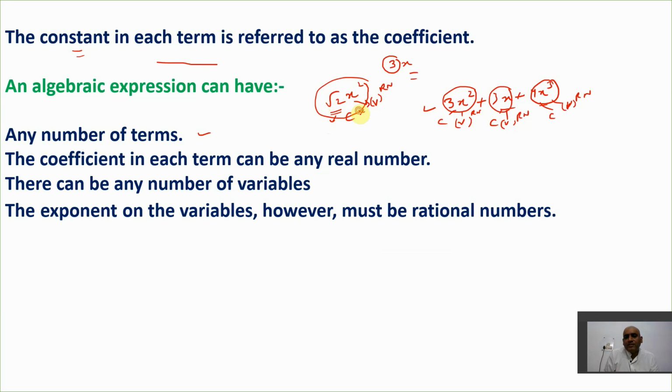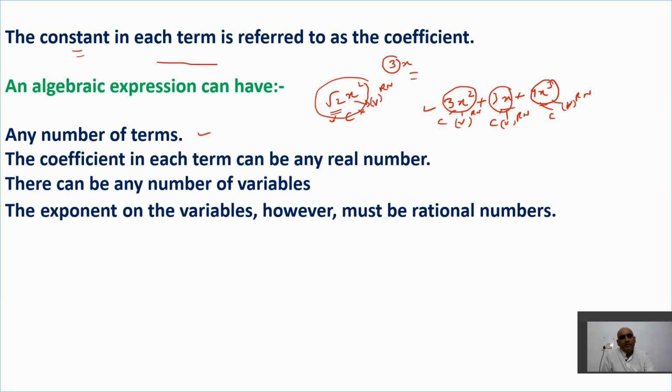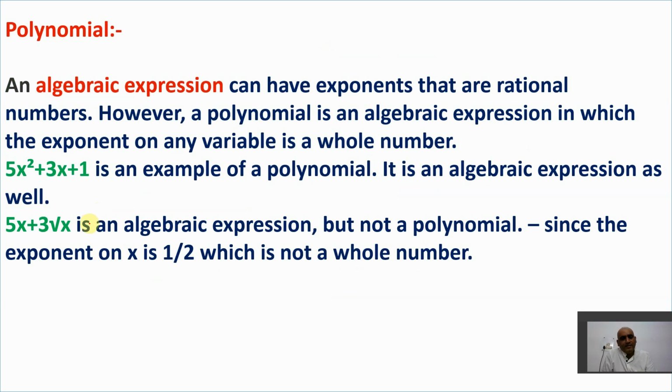So this again takes a form of algebraic expression because it follows a basic idea. And what is the basic idea? This basic idea is constant multiplied by variable to the power rational number. So if you follow the basic idea, you will never face any difficulty. So this is the point out here. And the last point here is the exponent. It must be rational number. Yes, it must be rational number. That's the basic idea now we are following here. So just follow the basic idea. You are able to form algebraic expression of any terms, right? Any terms.